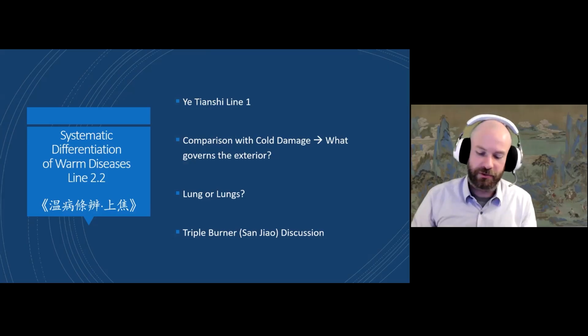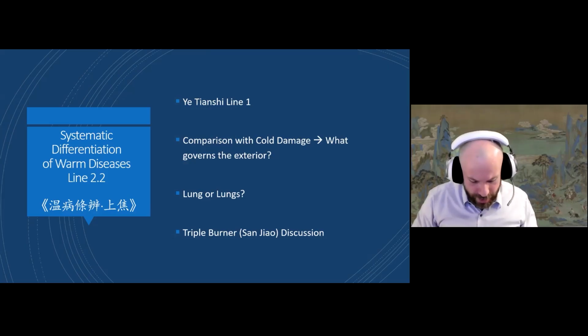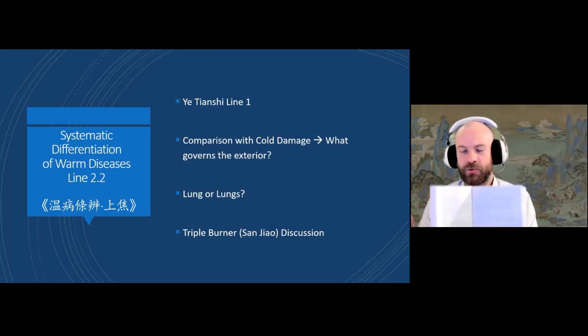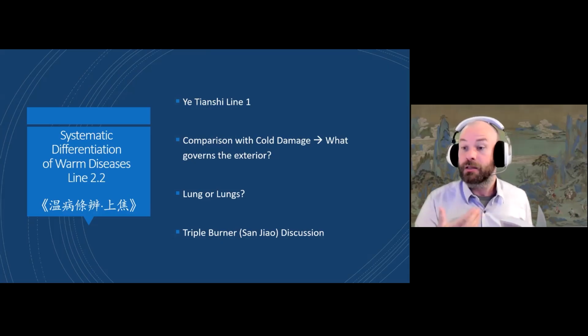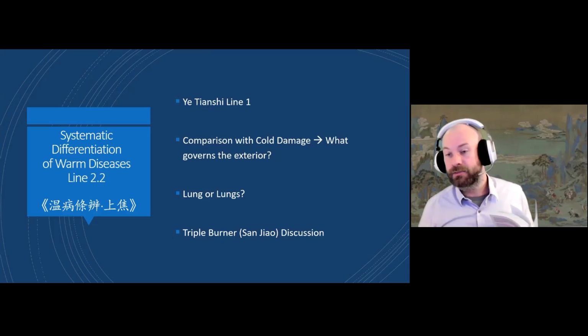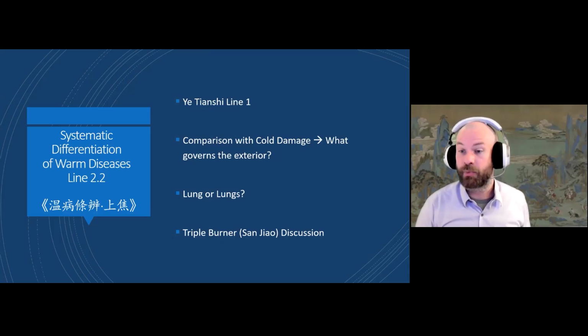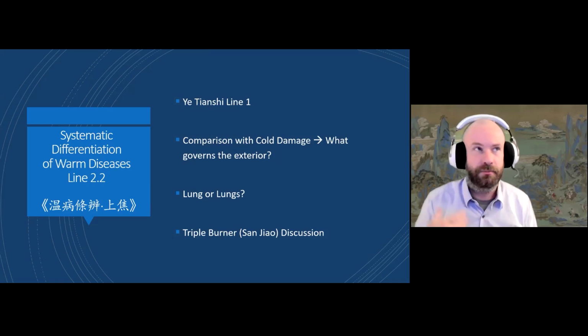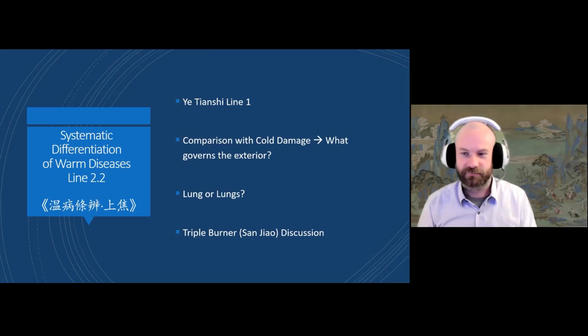There's also, and it's far too long to talk about, in line 2.1, Wu Jutong has a really incredible discussion where he talks about the difference between Tai Yang bladder and Tai Yin lung, as both governing the exterior as well. So I would really recommend having a look at that. So give me a moment, please.